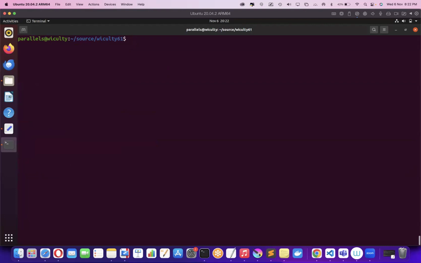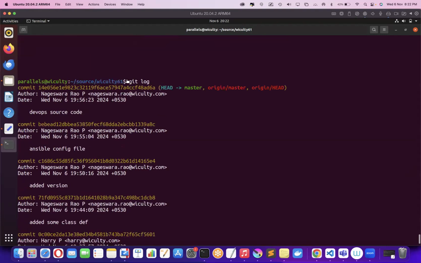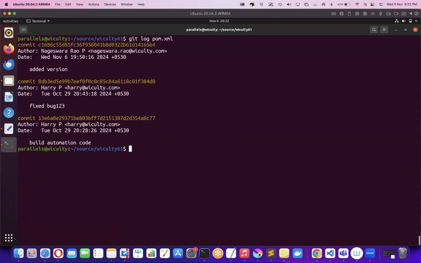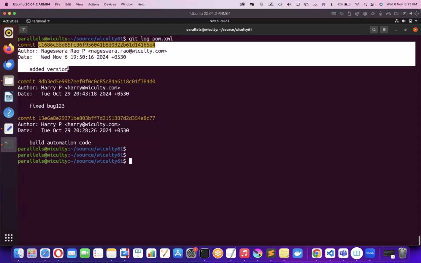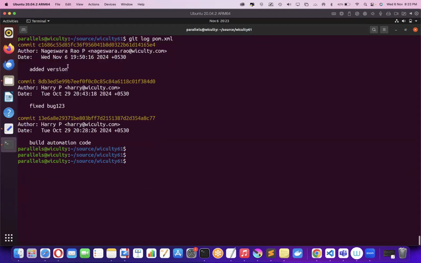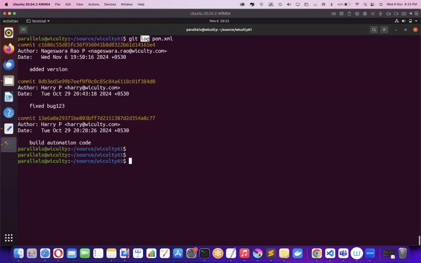So for example, I just run the git log command. Take the previous one only, the form.xml file. So you want to know what content is modified in this particular commit. Can you see the content modification in this particular commit? No, right? So for example, a developer uses git log and then the form.xml file, and then the developer knows that okay, this